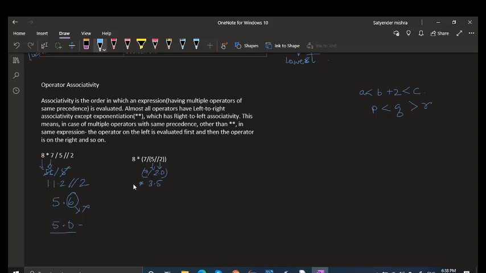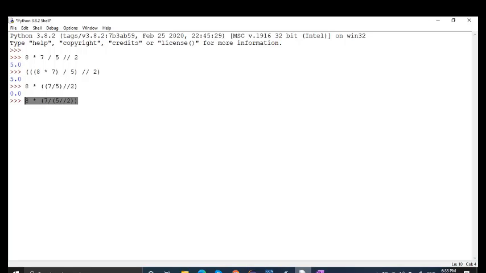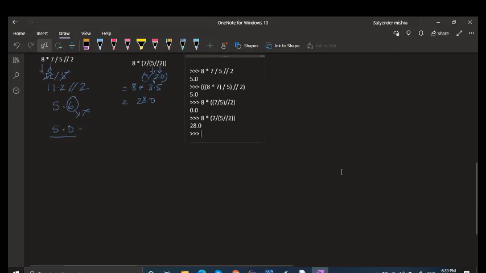And if you multiply with 8, 8 fives are 40, 0 carry over 4, 8 threes are 24 plus 4, 28. So you will get 28.0. So the answer is correct, right? We are getting 28.0. Now let's come to the exponentiation part.